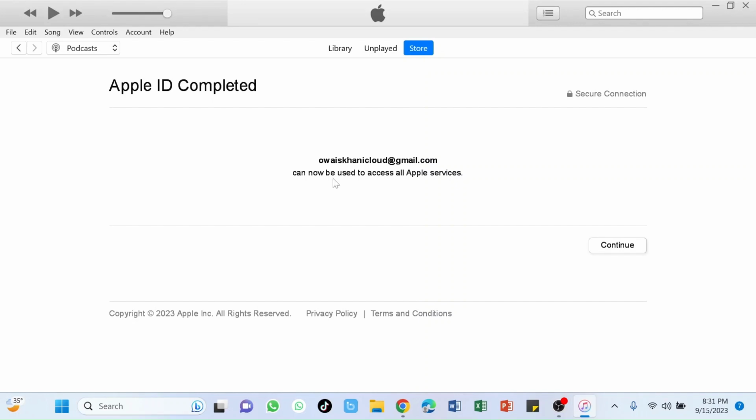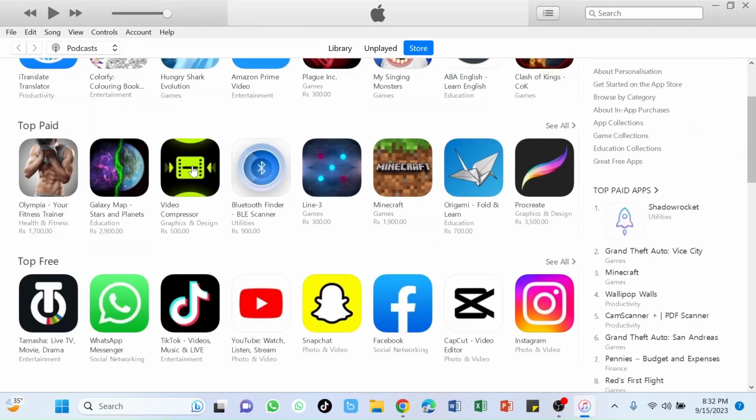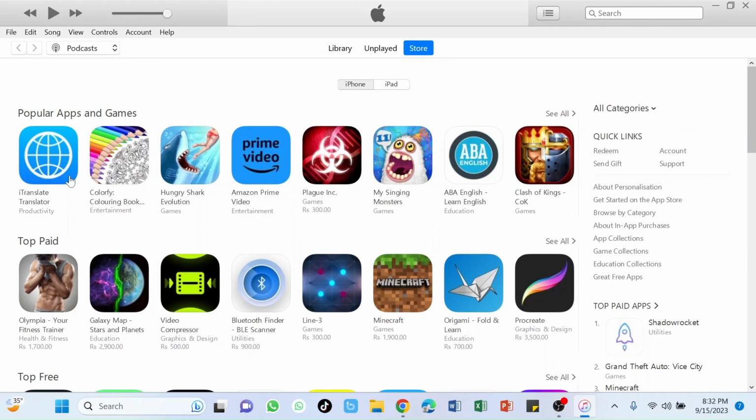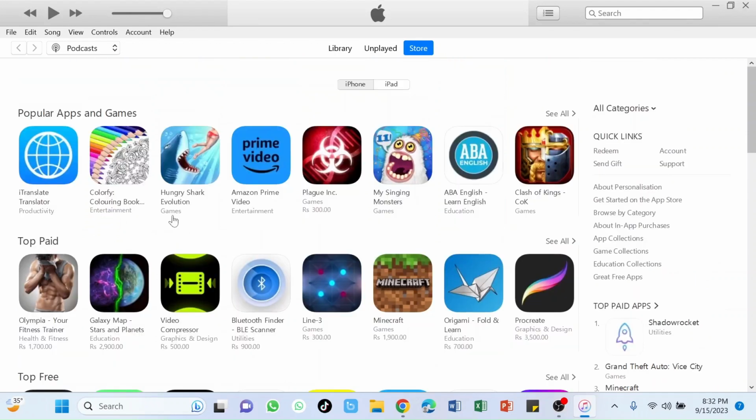So Awais Khan iCloud@gmail.com can now be used to access all Apple services. Continue. Okay, so that's it. It's so easy, guys, so easy. You're going to download anything in your phone, your ID is